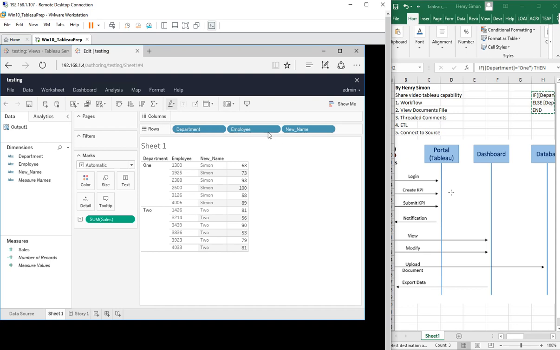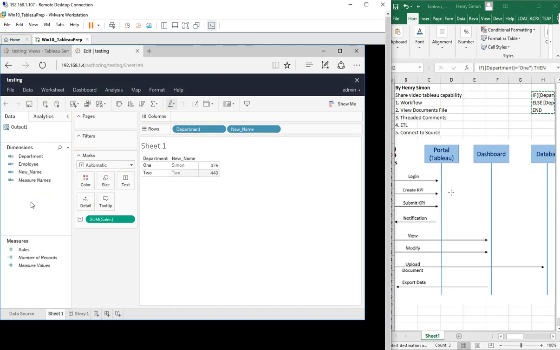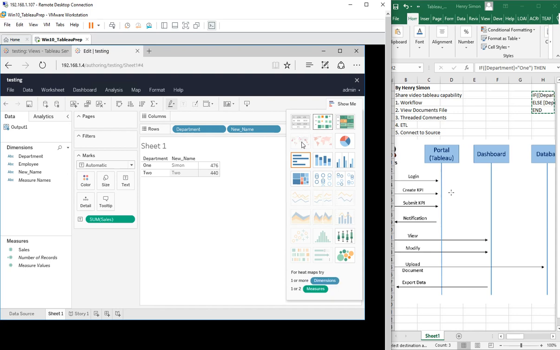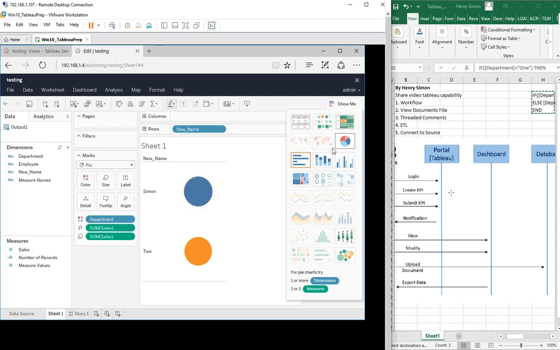I can also remove the employee. Nice, like this. I can also change to, let's say, this graphic, maybe like this. Yeah, this is just a simple demo.